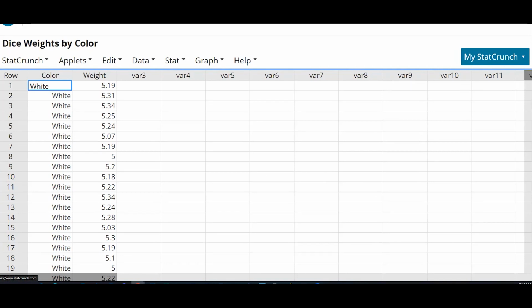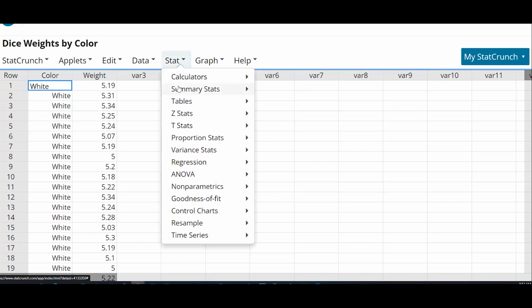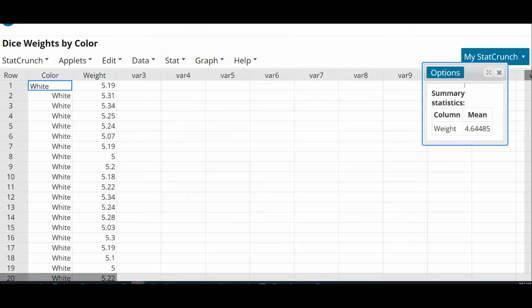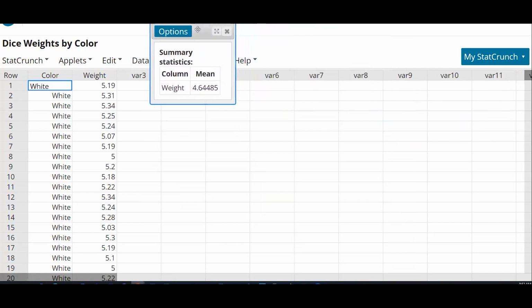All right, so I have a data set here that is 1,000 dice in a bucket, and I have the colors and the weights of each dice in that bucket. We're going to treat this like a population, and we want to find, say, the population mean weight. So if you've got the population, you can just in StatCrunch do summary stats on the columns. Going to pick the weights and calculate the mean. So we get that the population mean weight is 4.6 grams, so